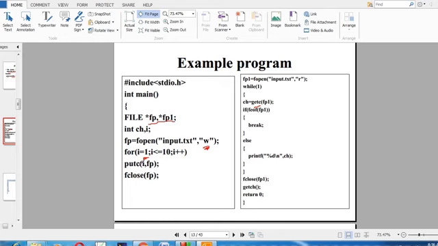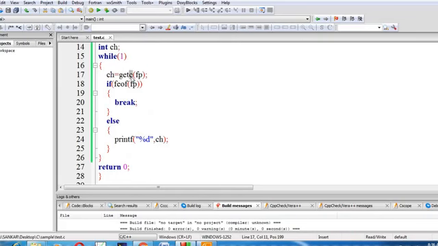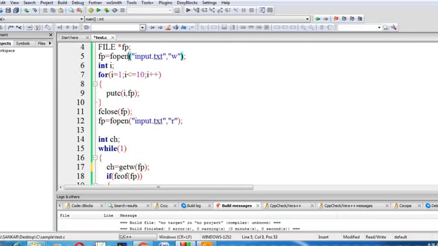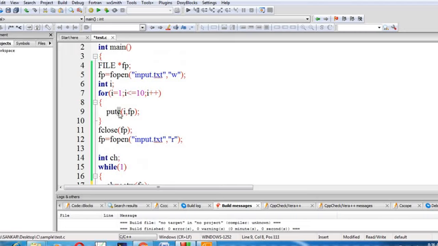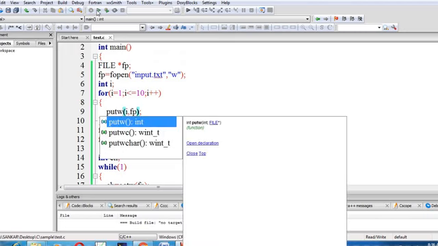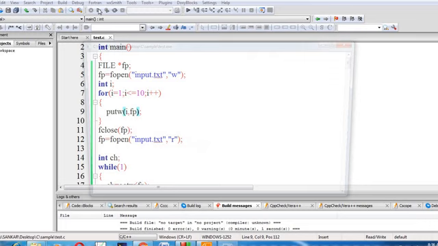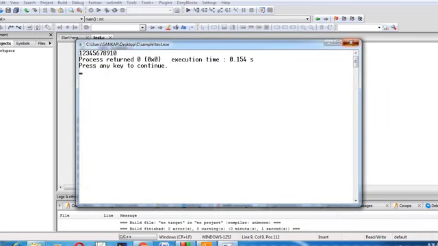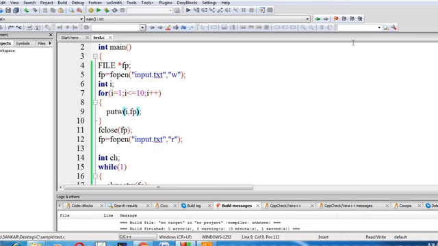So instead of putC and getC, if you use getW and putW, your program will work. So in both cases we can use the same program. Both cases will work, because I have used integer input only.